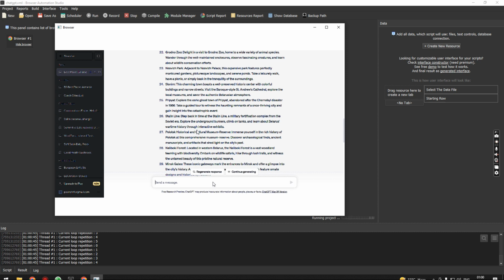Okay, the bot is still generating the article. It hasn't reached the 50 mark,